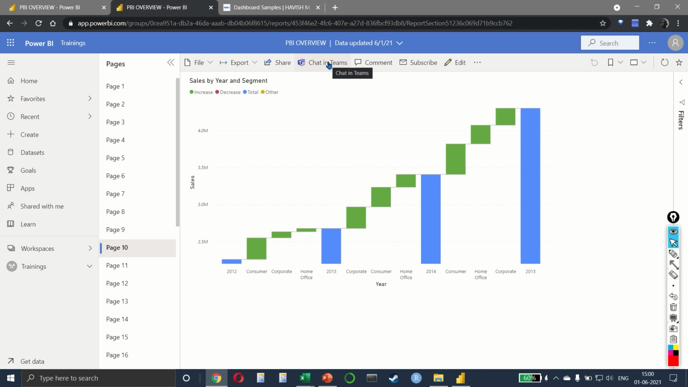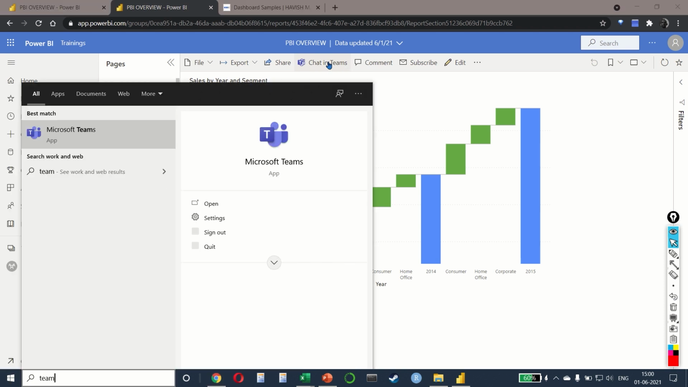Okay, of course, there is an integration with Teams as well that you can do. So when you're working on Microsoft Teams,